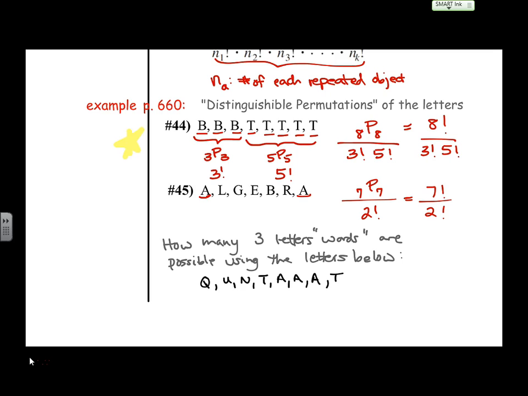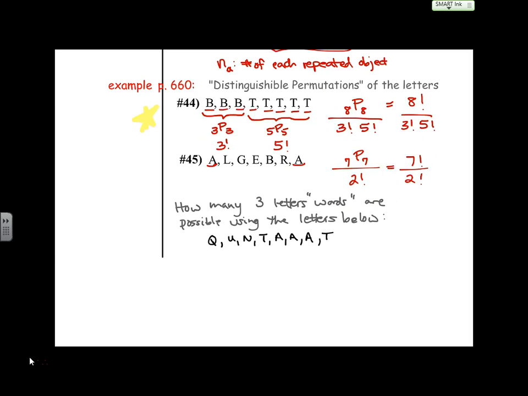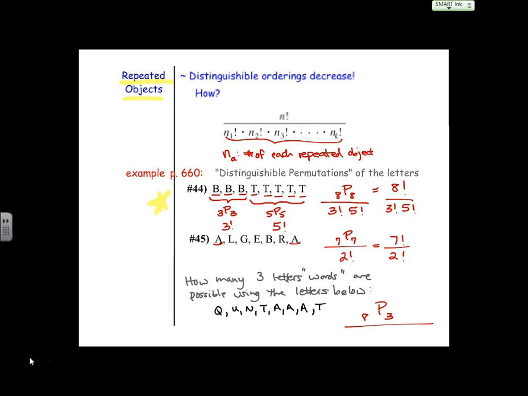No, not 3 factorial. E for effort though. It's 2 and then 8. Remember, we're trying to do nPr over the number of repeats. So it'd be 8. No, we're only using 3. See what changes? Just because there's a little factorial up here doesn't always mean that's only trying to say,